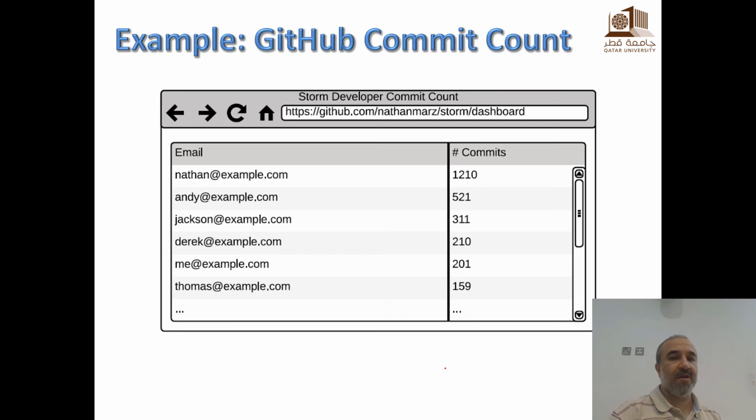So we have a repository of code, and there are multiple contributors to this repository, and we eventually want to see how many commits each contributor did. So this is like counting also. We need to count the commits for each contributor.